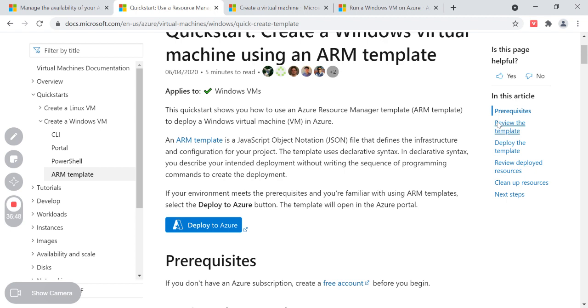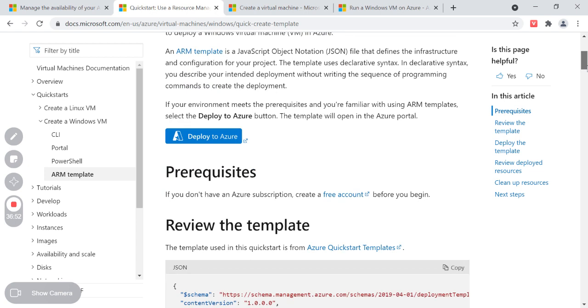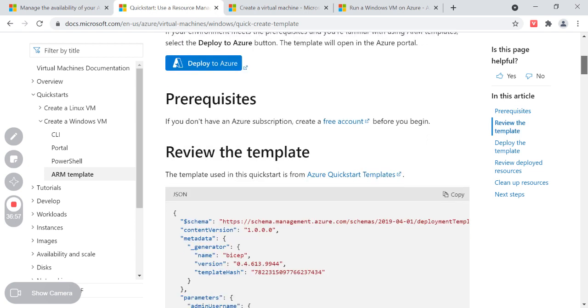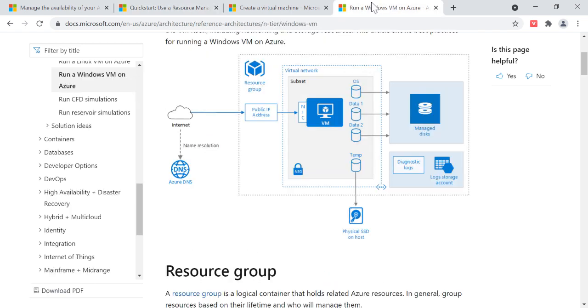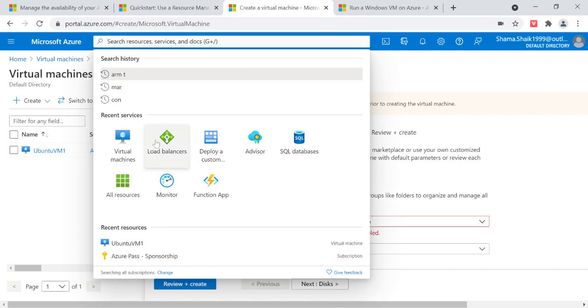Like first, you have to specify all the things which you want, and then properties and everything in the JSON format. Then it will give you that virtual machine. You can create a virtual machine by using the ARM template also. So where that will be present, I will show you in the portal. You can go for deployment of a custom template,